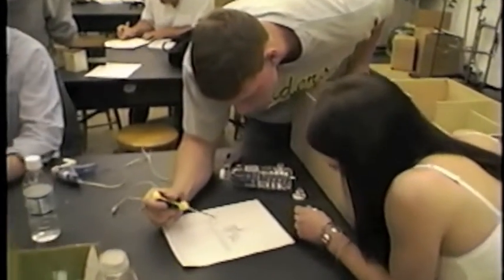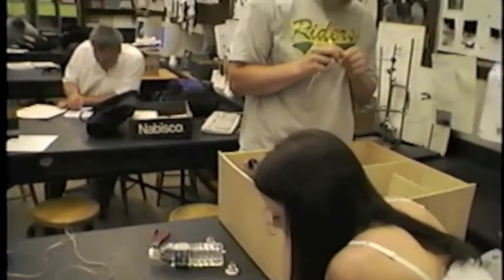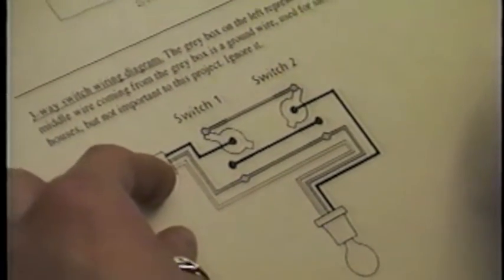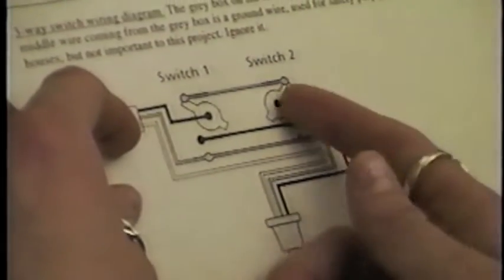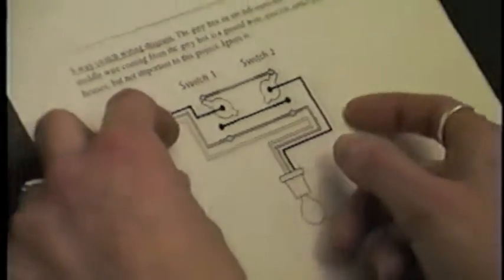Okay. Switch. Oh shit. Yeah, so see if you can figure that out. Get some steel wool. Oh my god, that was...